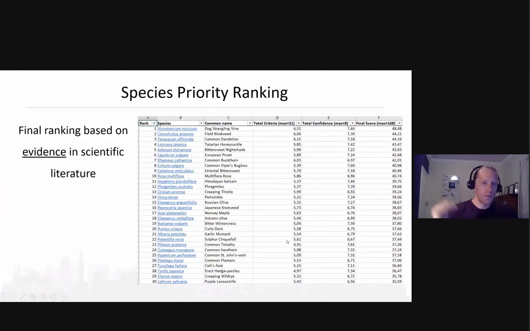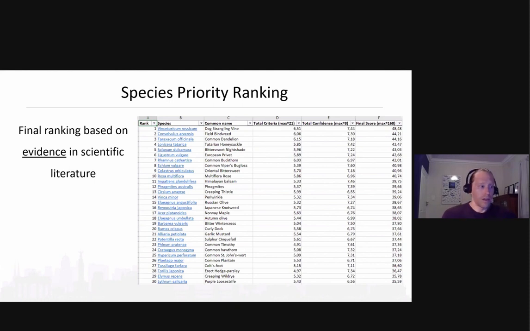So we did this for initially 35 species. We did host a workshop with the experts, which I'll discuss in more detail in a moment. But during this workshop, we requested the experts to give us some feedback on which species they think would be important to include in this assessment process. And we then expanded our list from 35 species to 50 species.